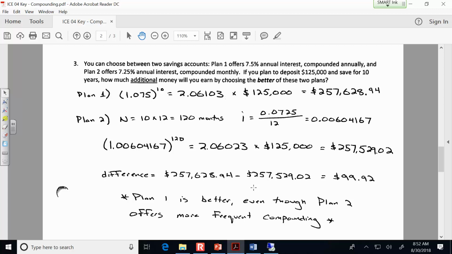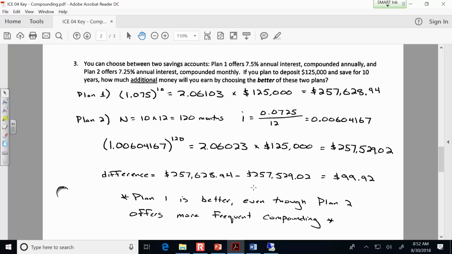Now plan 2, what I've got on the screen here is I said, let's just say how many periods there are. If they're monthly periods, there's 120 months in 10 years. And the interest rate per period is this nominal annual interest rate divided by 12, since there are 12 months per year. And so i now becomes much smaller than it looked like before. Before it was 7.25% per year, but I found this interest rate per period and take it to the power of 120. So I get a different factor